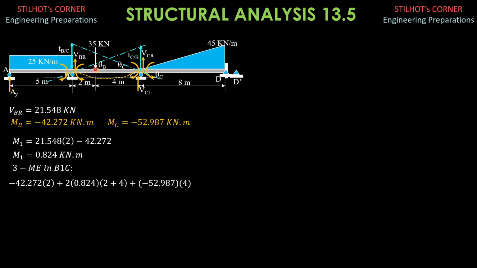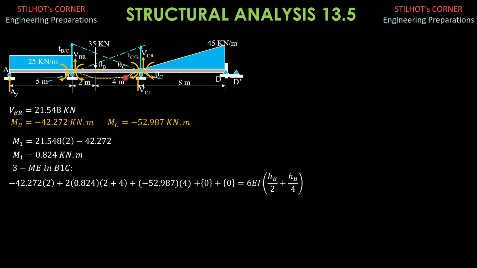Then 6A1A over L1, there's no load between B and 1, so 0. 6A2B over L2, there's no load between 1 and C, so it is also 0. Then equals 6EI times HB over L1, which is 2, plus HC, but HC is just HB because